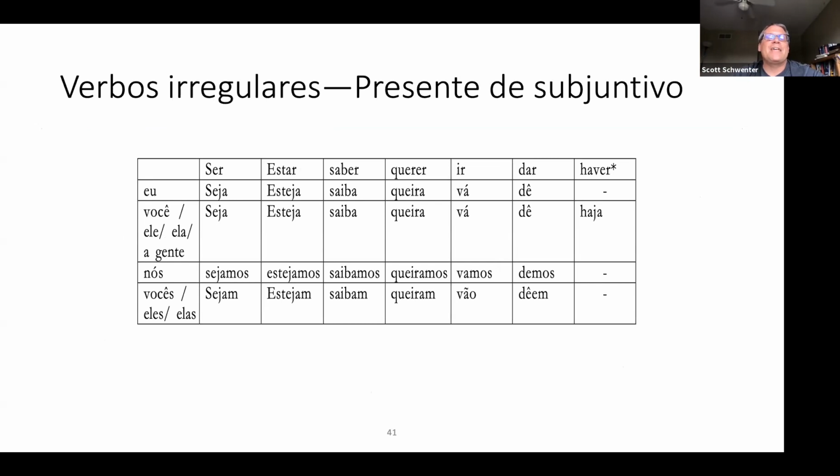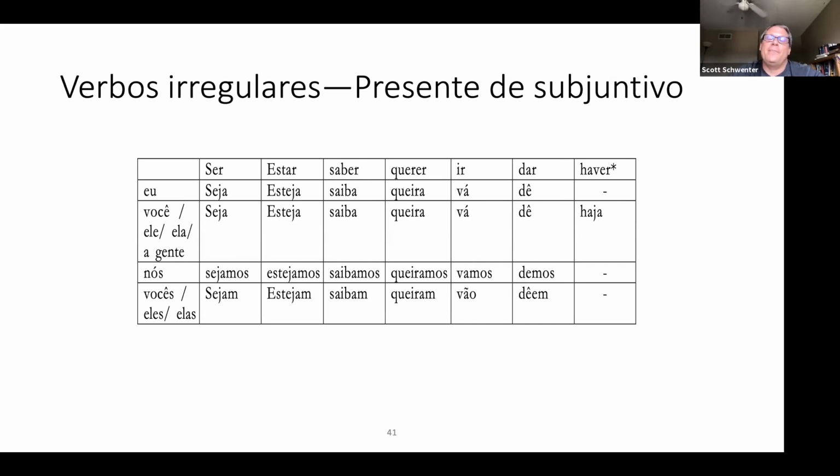Okay, I'm not going to say much about the present subjunctive because it's pretty similar. I did include this though, if you want to look at it later in the PowerPoint, just some of the most common irregular verbs. As Michele said, and it's pretty well known, the present subjunctive is dying out in a lot of contexts in Brazilian Portuguese. So that's another place where, obviously you have to teach it to your students, but you can say, hey, if you don't use it there, probably no one will care if you use the indicative there.